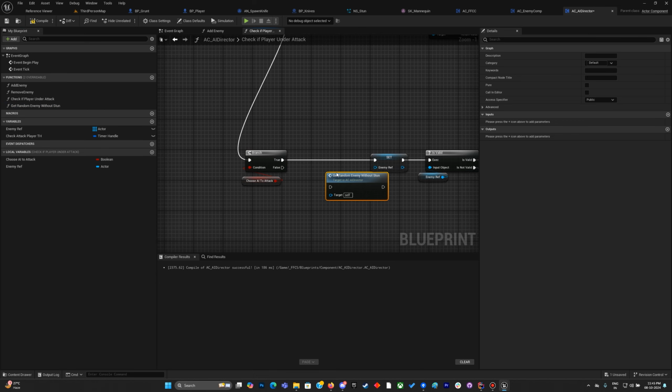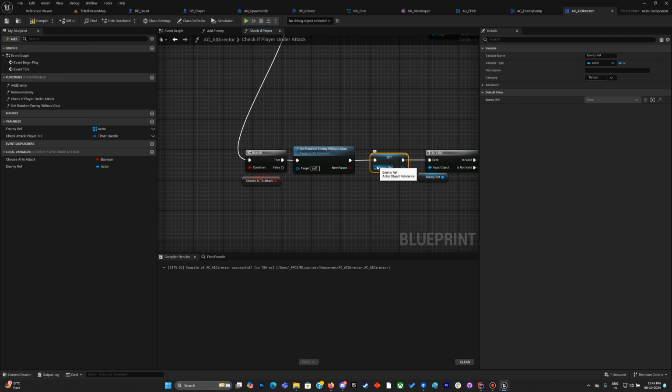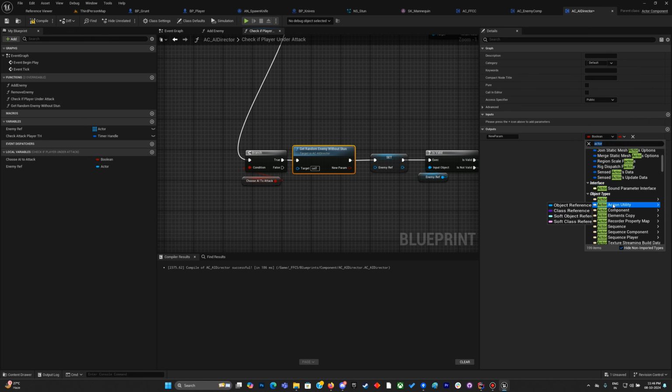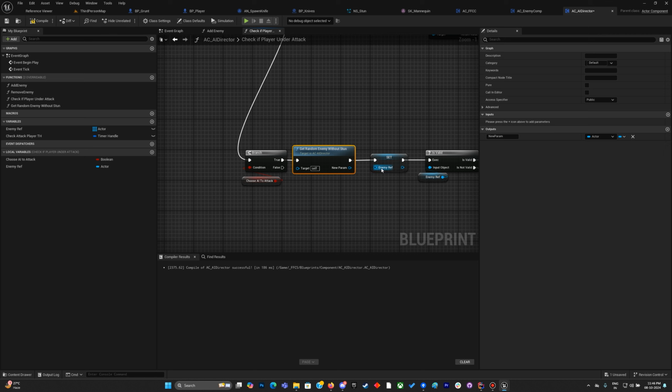Okay, output would be, and okay, object reference enemy,